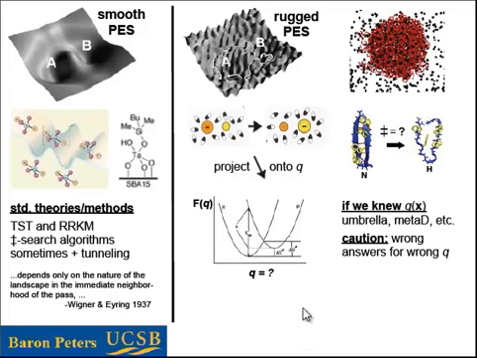But the important thing is that we can make sense of things if we can find a simple reaction coordinate that will allow us to do a projection and recover something that is comprehensible from this very rugged energy landscape that's really just too complicated to think about. Now, the problem is that we know that if you put the wrong coordinates into one of these projections and use it to compute rates, you get the wrong answers.